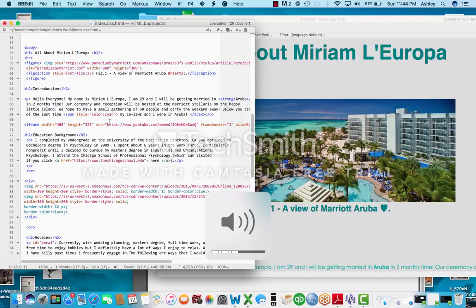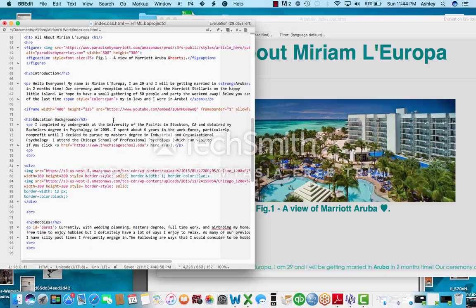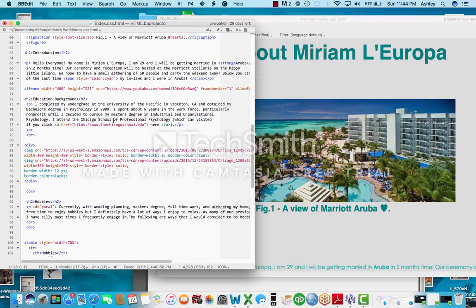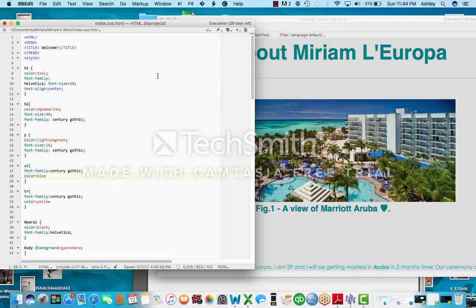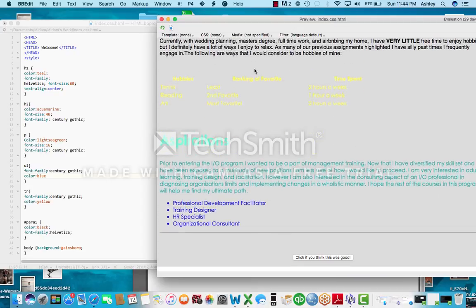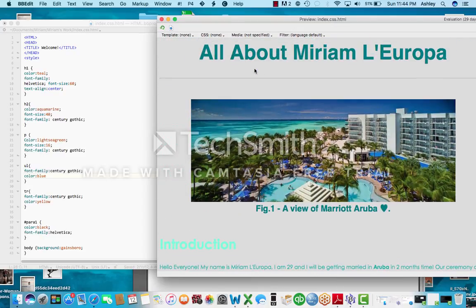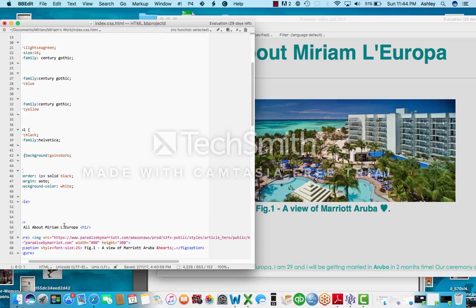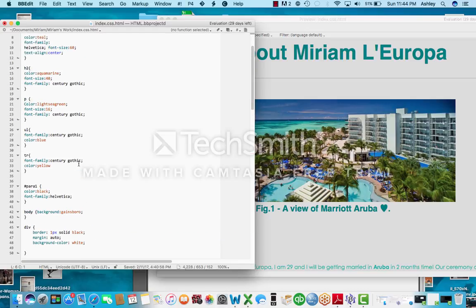So here is my HTML coding from last assignment, and you are able to see here that very little has been changed within the actual directions. However, in order to change and stylize across the entire page, I have put in the cascading style sheet. So in order to do that, you put in a tag of style, and you open and close that tag,